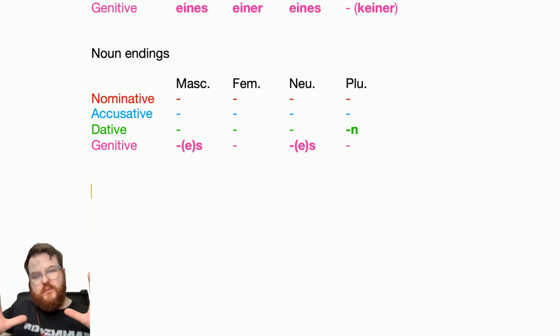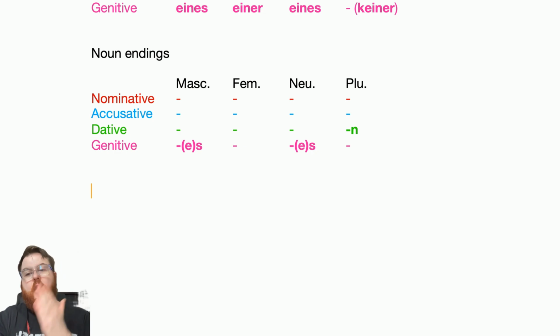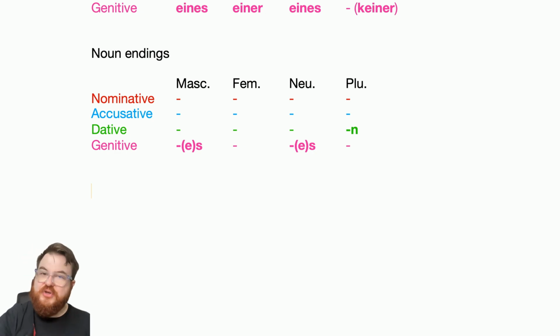Okay, so what do we take away from this section? Only masculine and neuter nouns take an S on the end. Feminine and plural nouns do not take an S. Now, we also have to talk about names. In the genitive,